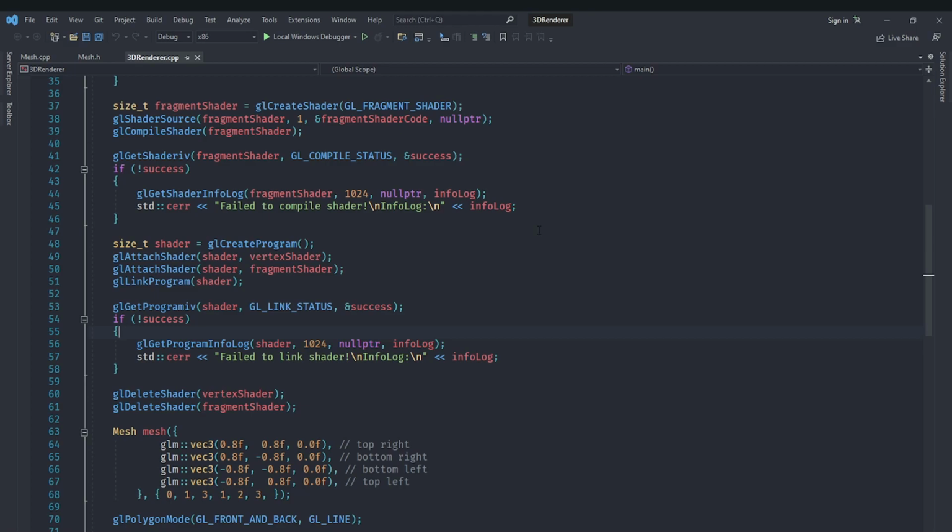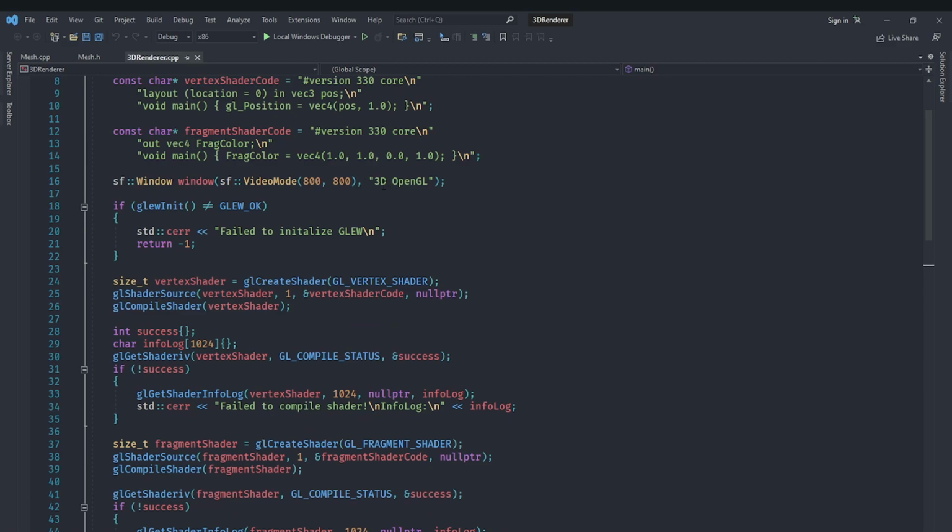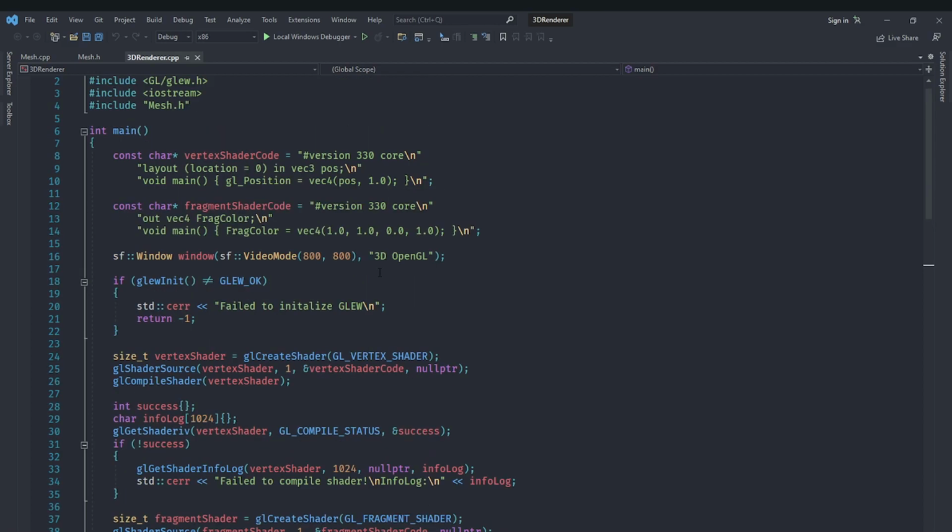This is another episode of the OpenGL renderer series, and in this video we are going to create a class to abstract away our shaders, and we are also going to learn a way to have different variables in our shader. Currently we've got this code in our shader that allows us to have a yellow color, but